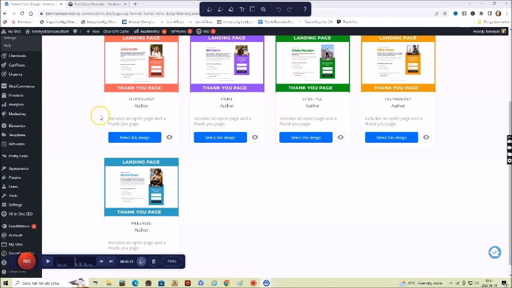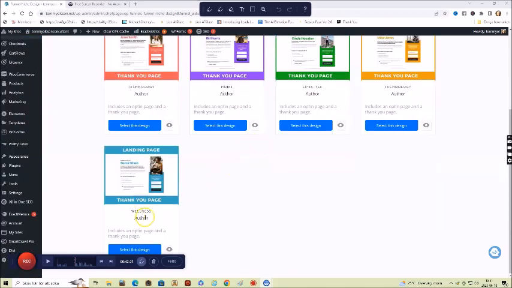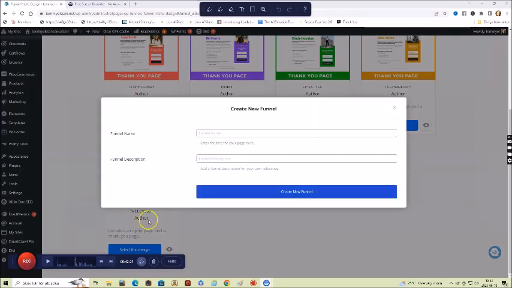And then you create a name for your funnel here and a funnel description, what you will share information about. And just call it affiliate money because to make it, discover how to have your break with affiliate marketing. And then when you have filled in all the info, then you just click on create new funnel.